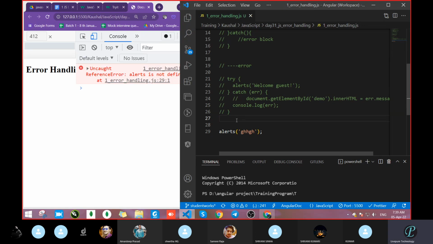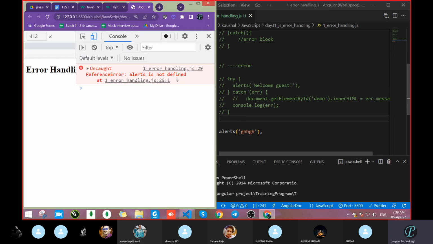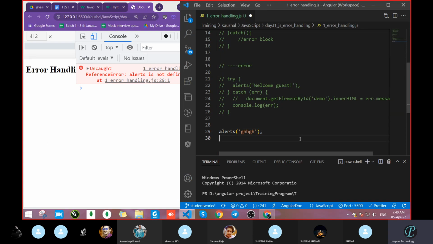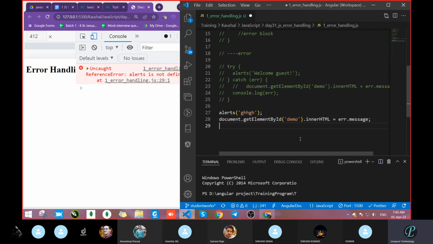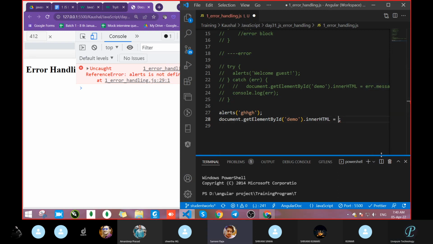So we had written this one, and this is the mistake. We got the error. Now, if we want to print this error message properly on the UI side, then how will we take it? How will we get all this error and pass it to the UI on the browser? I want document dot, this one, meaning I want to pass whatever error is there on the UI side. So how will we pass? In the catch section, we are going to pass.